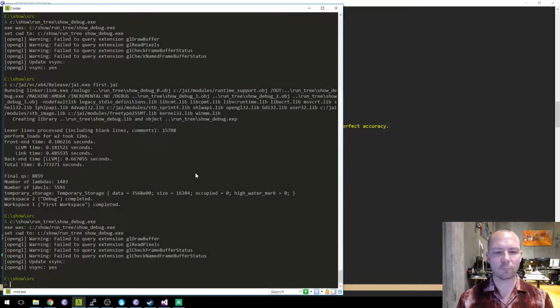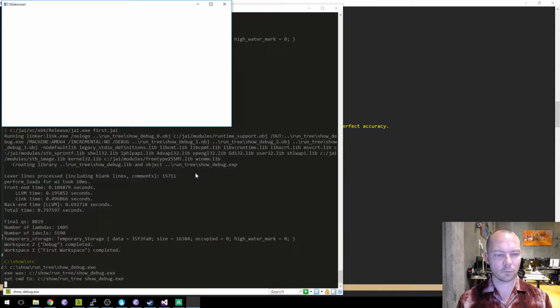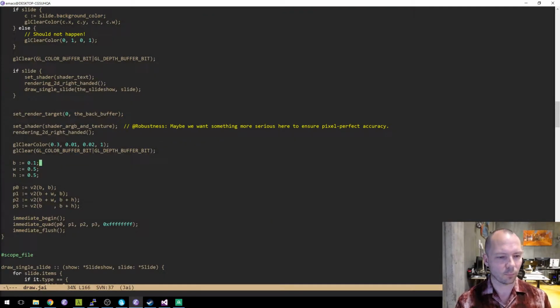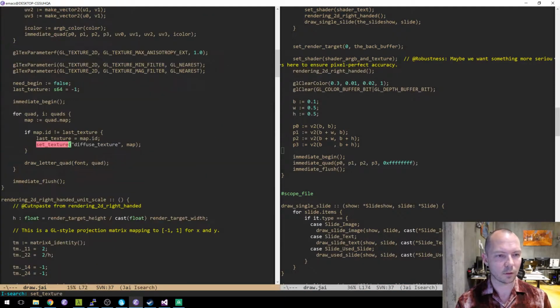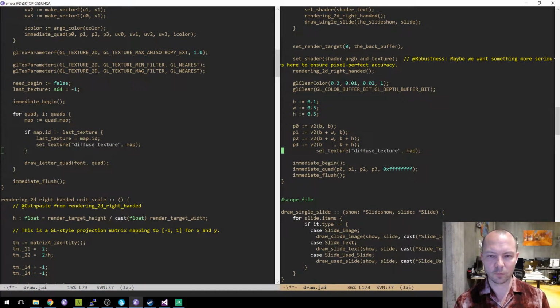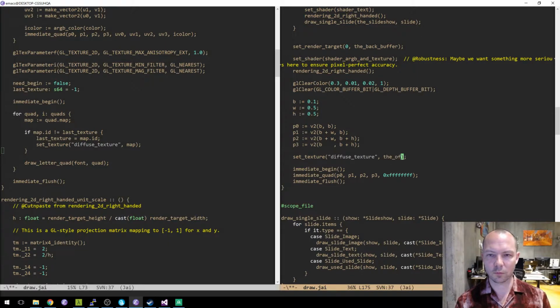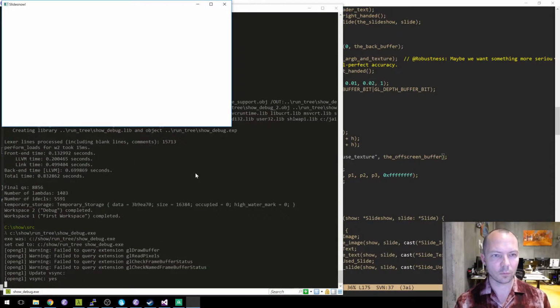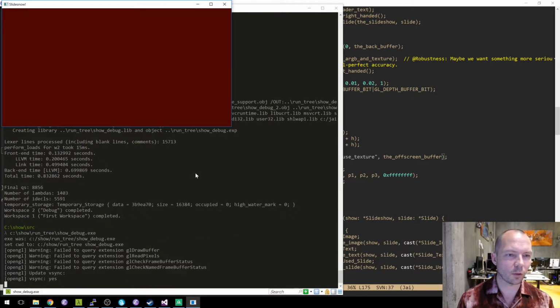Like that. Okay, well, we got the dark red. Oh, we didn't set the texture. Okay, we still got nothing.